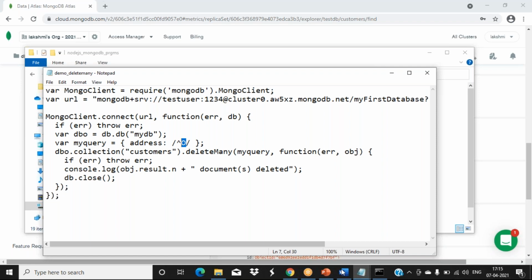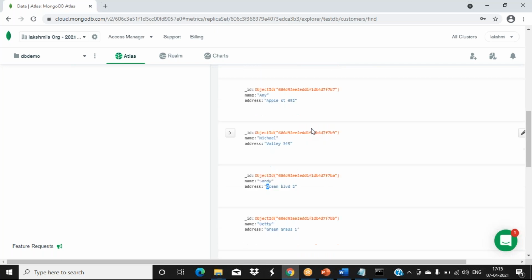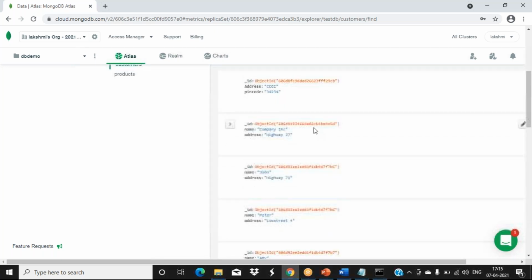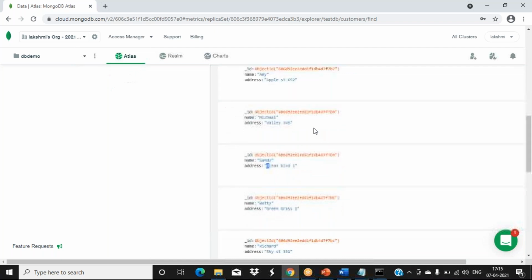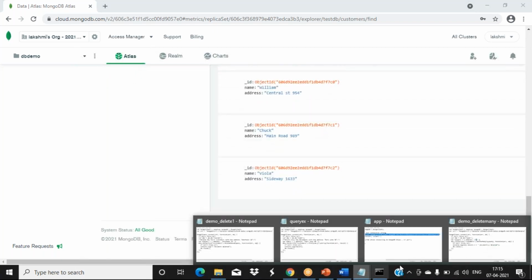This is another option: the starting letter of the address is O. You have used regular expressions also, I think you remember them. So wherever we get an address value starting with O, delete those documents. That is the query we have given there.